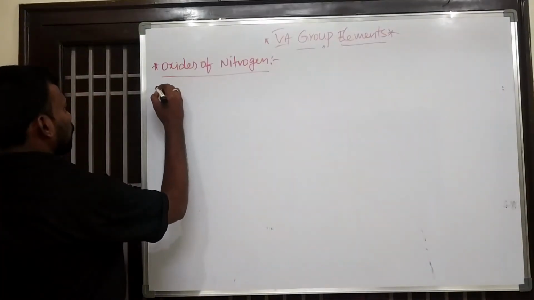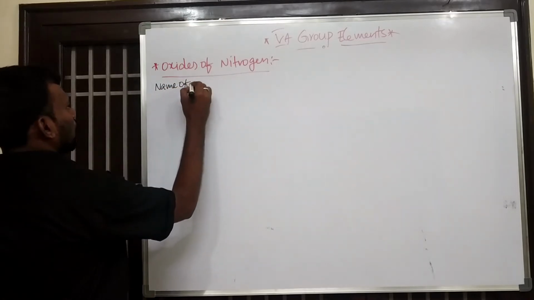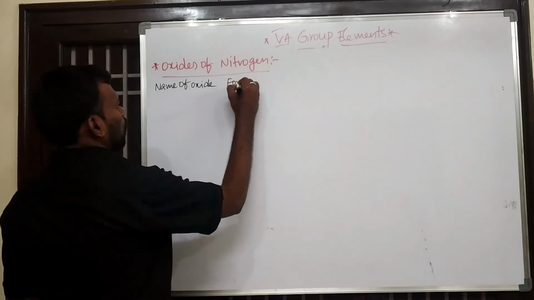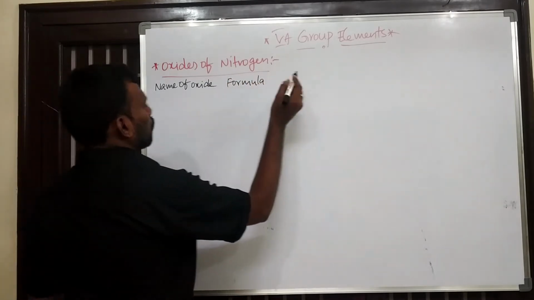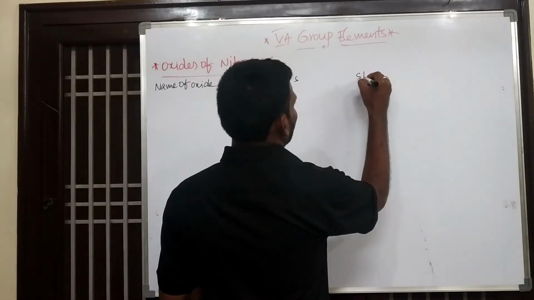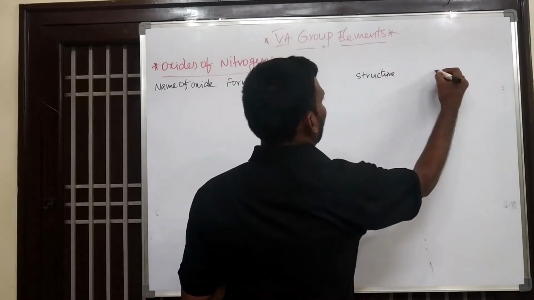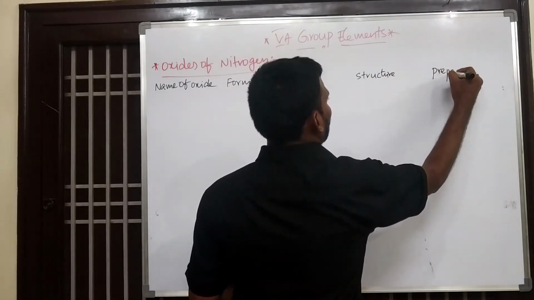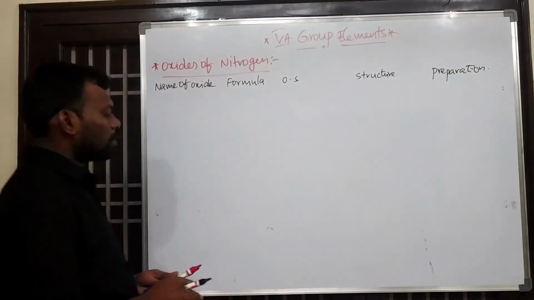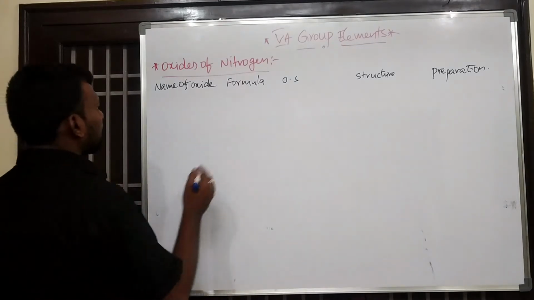I will just take a few columns: name of oxide, formula, oxidation state, structure, and preparation. So just take a few columns, and we will fill them one by one. So the first one,